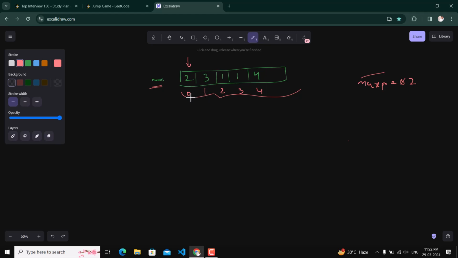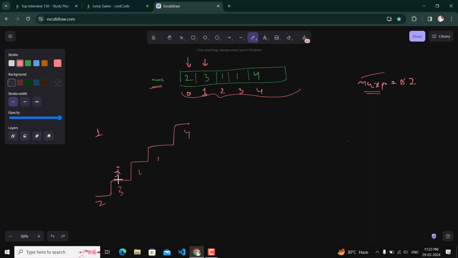Now I will be incremented, and we will loop through the indices from here till the end. When I is incremented, this contains 3, so we will check whether the value contained in our max position is greater than the current value. If it is not, we will replace that value with the current i. So standing here at index 1 with nums[i] equal to 3, the maximum where I can reach is 4. Currently I am here, like if we have this staircase, 2 3 1 1 and 4, so I am here,